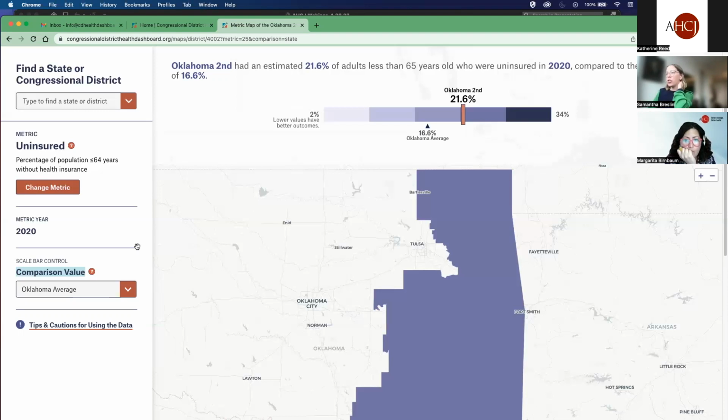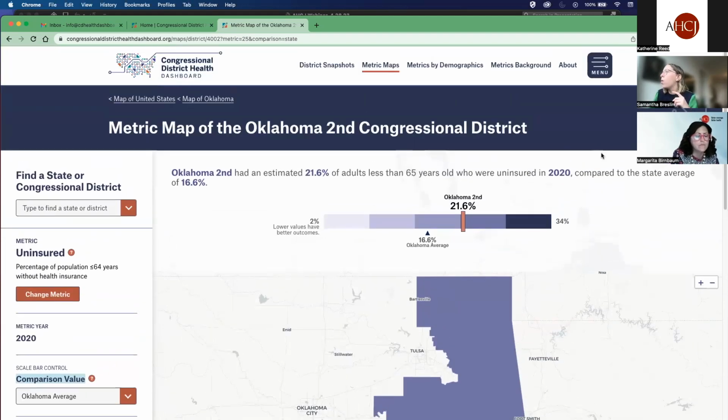So again, just different ways to look at the data, different comparisons to help you depending on what you're focused on, and just to get different context. Sometimes it's not useful to you to see that US average compared to my district, but sometimes it is useful. And so we want to meet users wherever they are in what they do. And then finally, I want to,